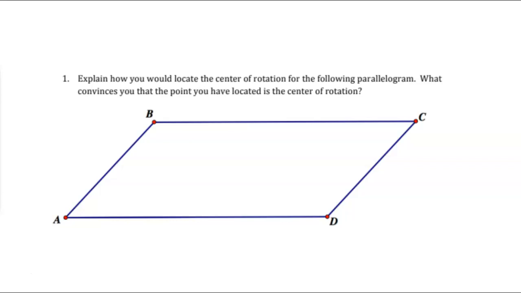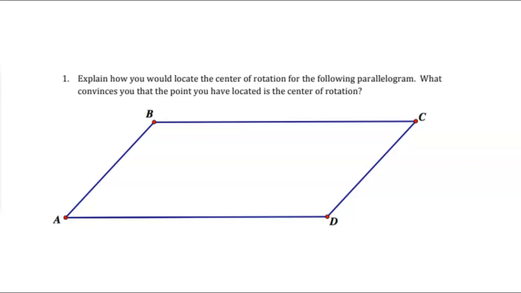Explain how you would locate the center of rotation for the following parallelogram. What convinces you that the point you have located is the center of rotation? Recall from Math 2 that there were two types of symmetry that we dealt with. There was line symmetry and there was rotational symmetry. Line symmetry was when a shape could be reflected over a line and land directly back on itself. Rotational symmetry was when a shape could be rotated about a point and could land directly back on itself in